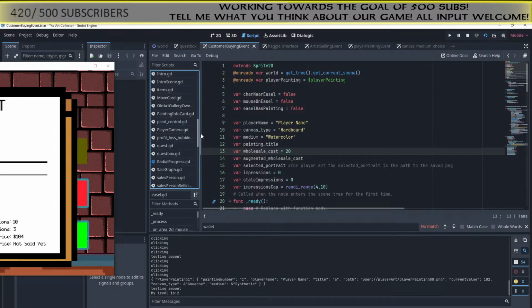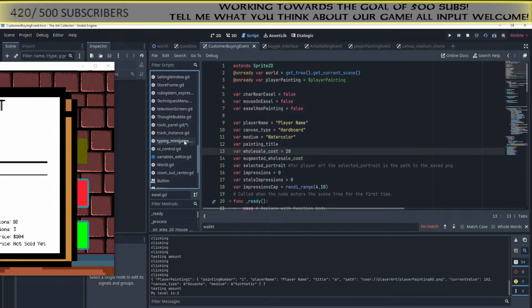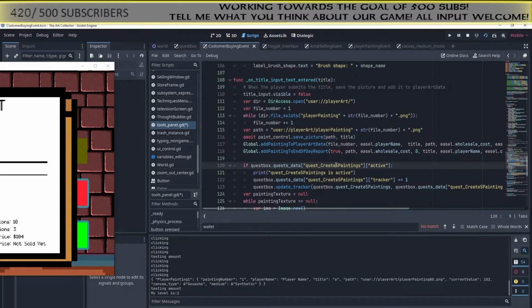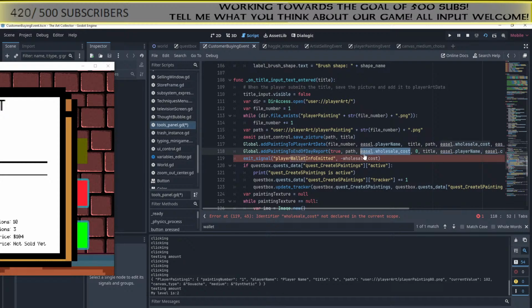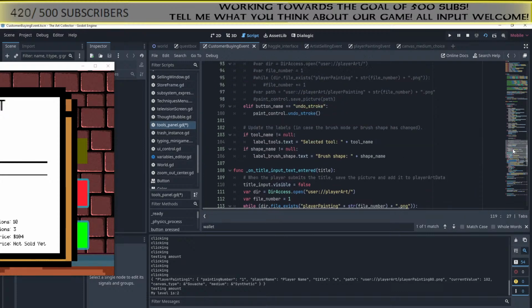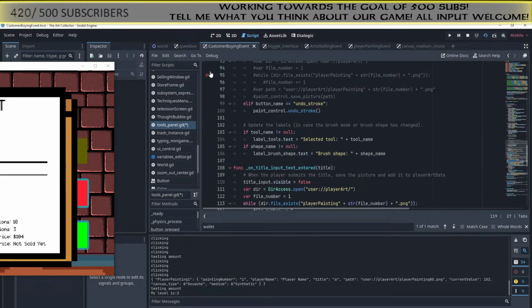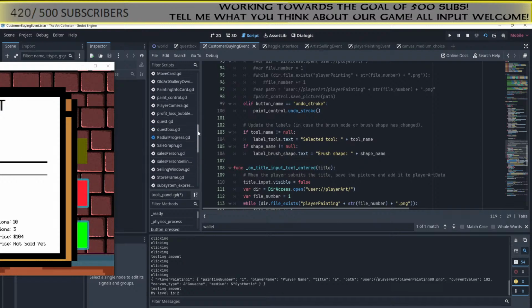We do want it to be when you press enter. So that would be in here. Easel wholesale cost. Okay, so I can do this. Emit that signal. Although I don't think that signal is declared here, so I need to go back to